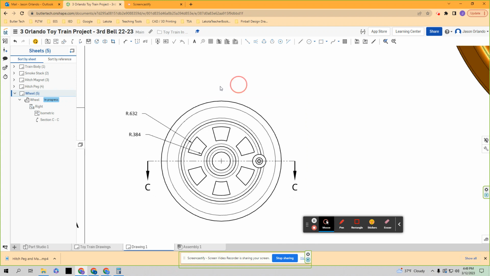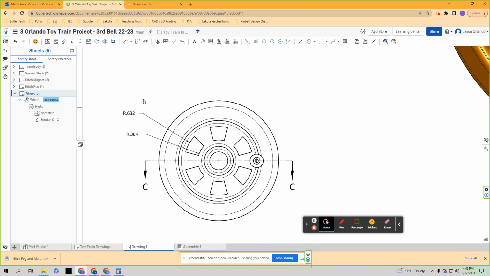Okay, those were not correct because they just weren't ever dimensioned in the Part Studio. When you make a change in the Part Studio and you come back here, these numbers do not auto-update. The drawing does not auto-update, but this will highlight yellow, letting you know that you have made changes. You will have to click on that and let it refresh